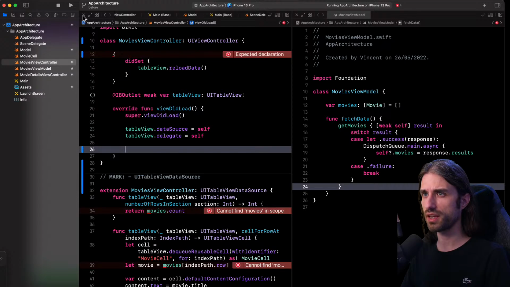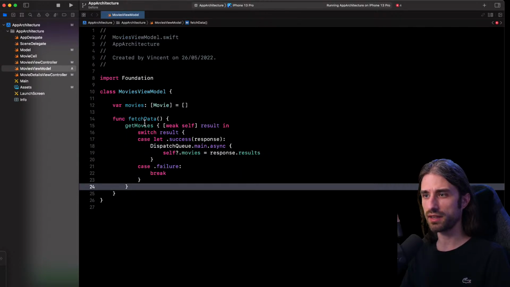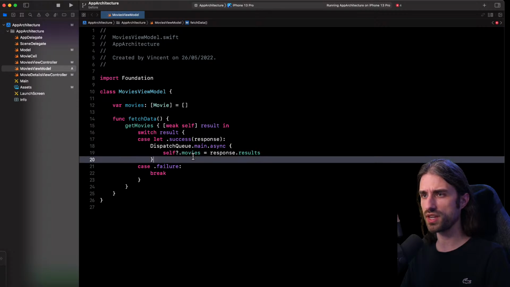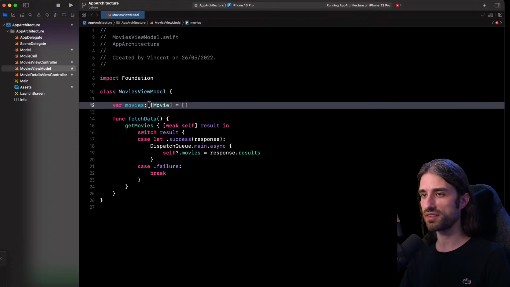So now let's just display the view model in full. Up until now, we are doing pretty good. The only thing is, how will my view controller know when there is a new value available inside this array of movies? This is where frameworks like, for instance, RxSwift or Combine, by using the @Published annotation, would come into play. But as I said in this live, I want to be as simple as possible, and so we are going to use a little type that I have created on my end.